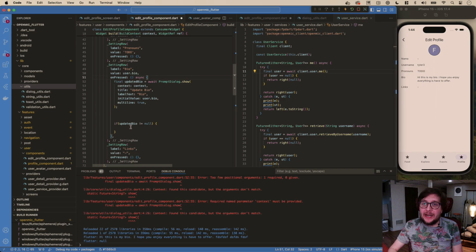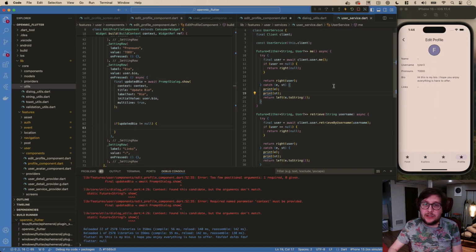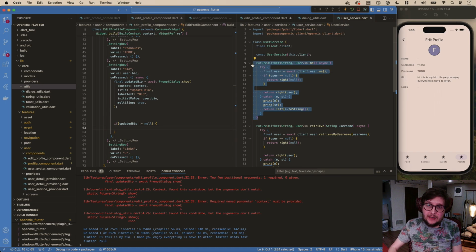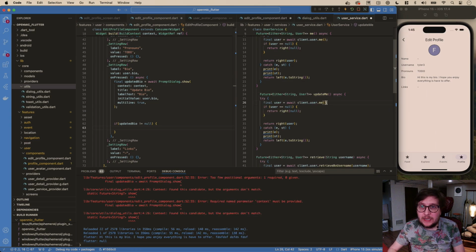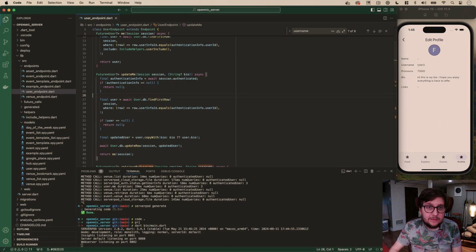Okay, so now we need a way to actually update it. So we'll do this in the user service. I'm going to copy this, and we're just going to do update me. And user equals this. So for update me, we'll do something kind of similar where we have a string of a bio that we can optionally pass in. Then we can call user.update me, which is what we, I believe, called it over here. We did. So we have to do our little trick,